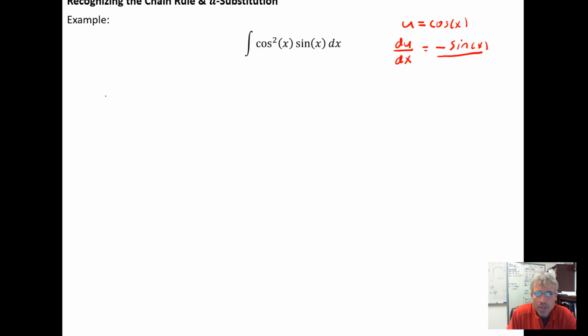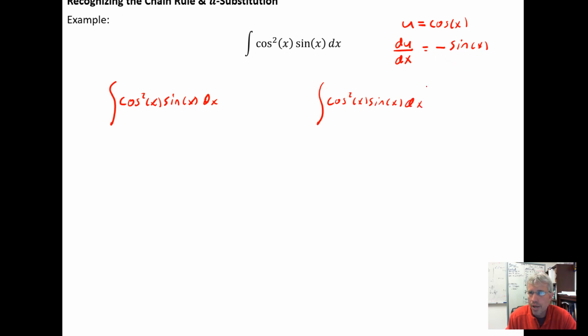So again, like we did in the polynomial video, we want to recognize there's 2 ways to deal with this. Well, there's at least 2 ways to deal with this. The integral of cosine squared of x sine x dx. So one way is to multiply both sides by that dx. You're going to get du equals